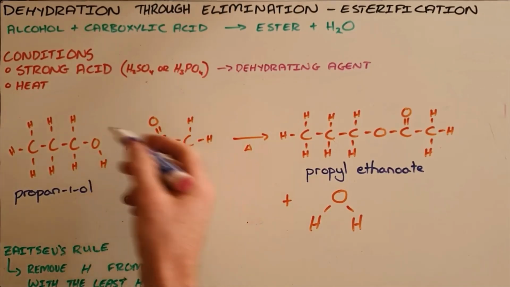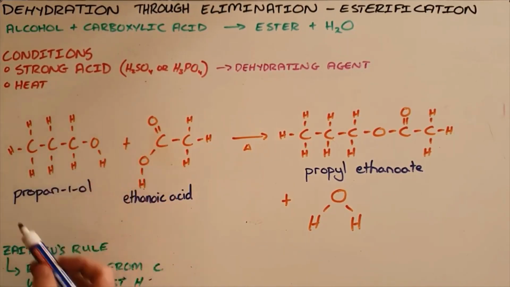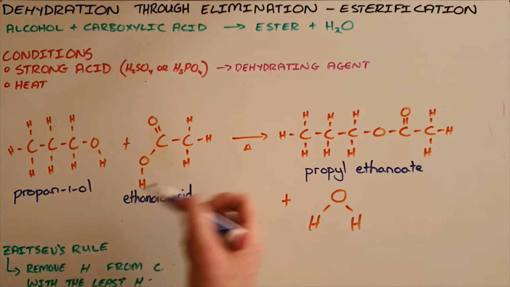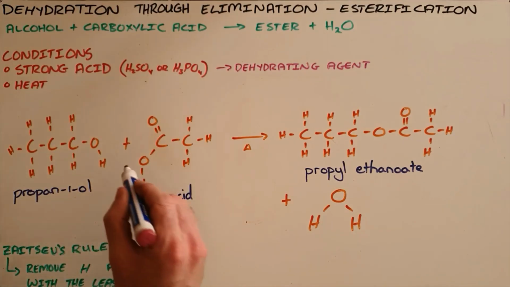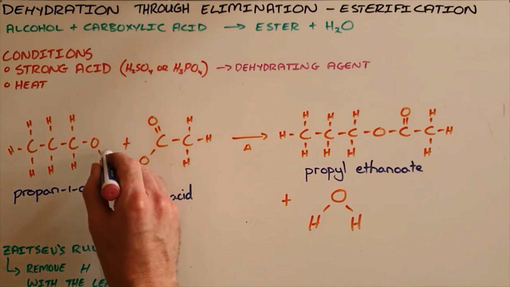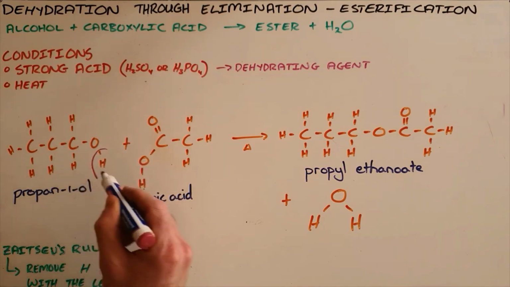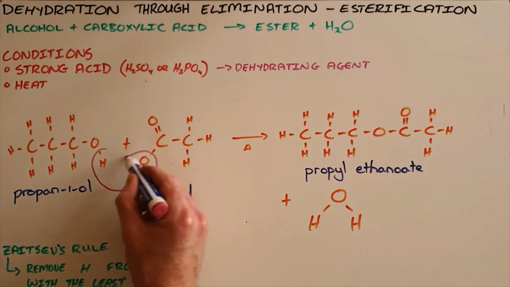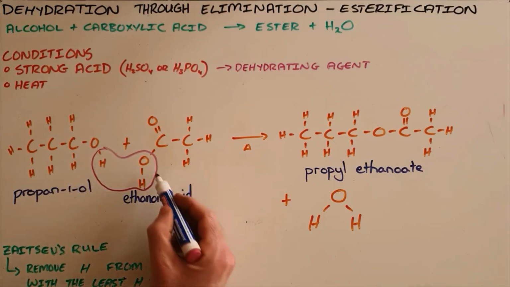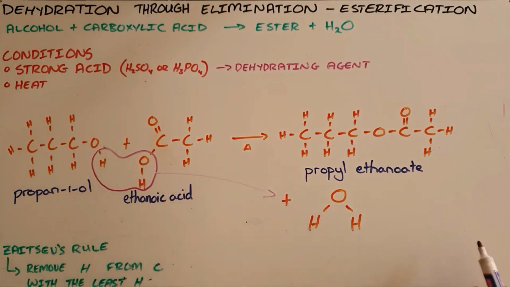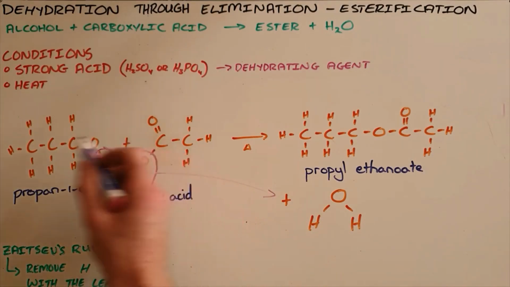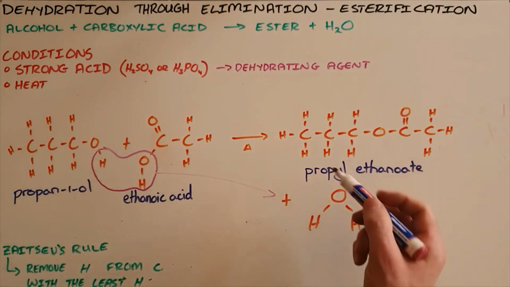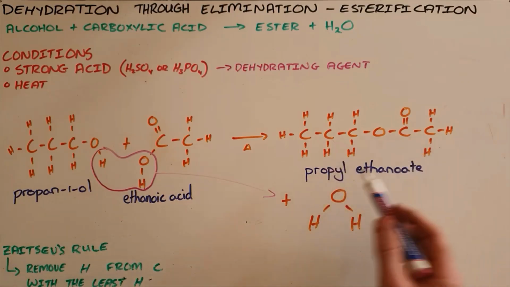So in an esterification reaction, we have an alcohol. In this example, we have propan-1-ol that reacts with a carboxylic acid. Here we have ethanoic acid, and the alcohol is then seen to lose its hydrogen of the hydroxyl group, which combines with the hydroxyl group of the carboxylic acid that goes to form the water molecule that is removed, and then the remainder of these 2 molecules attach to each other in the form of an ester,